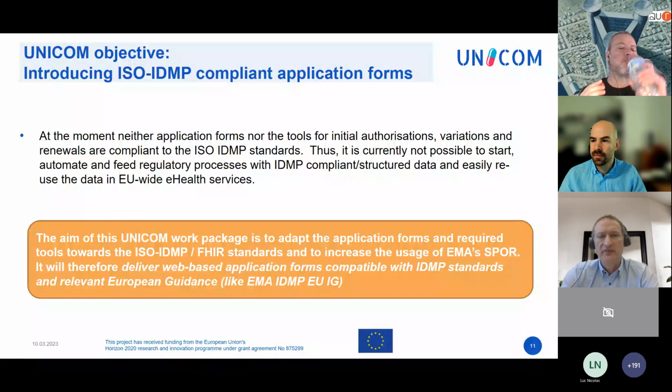And what we're trying to achieve is that first we modernize technology, getting away from this PDF input form into a new online tool, and to ensure that we receive the data in a structured ISO IDMP compatible way. So this is the objective. And then we have, let's say, a common approach of representation of medicinal product data in Europe. And we will also want to increase the usage of EMA's SPOR services.